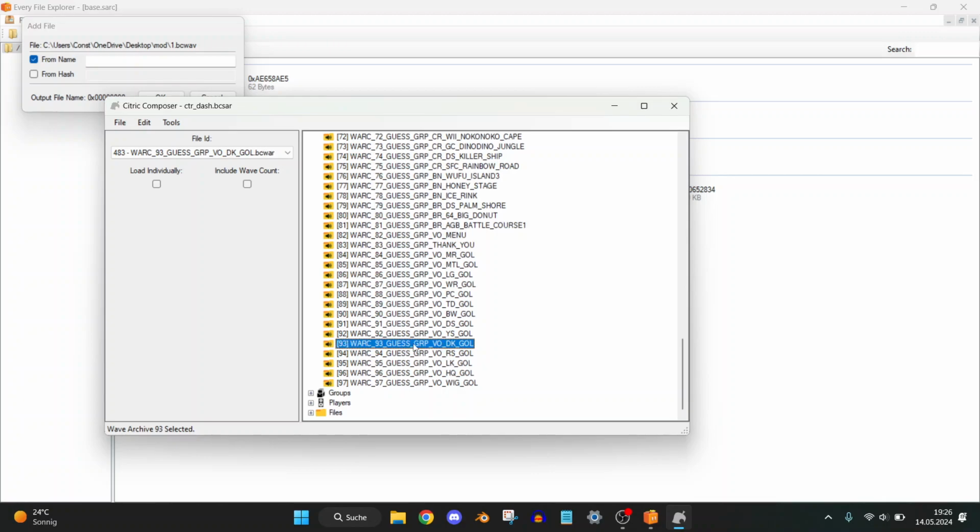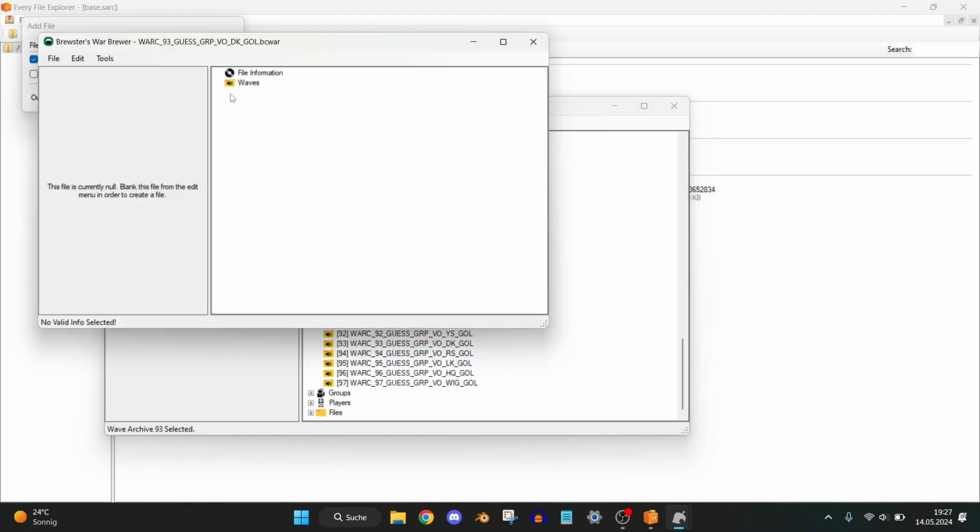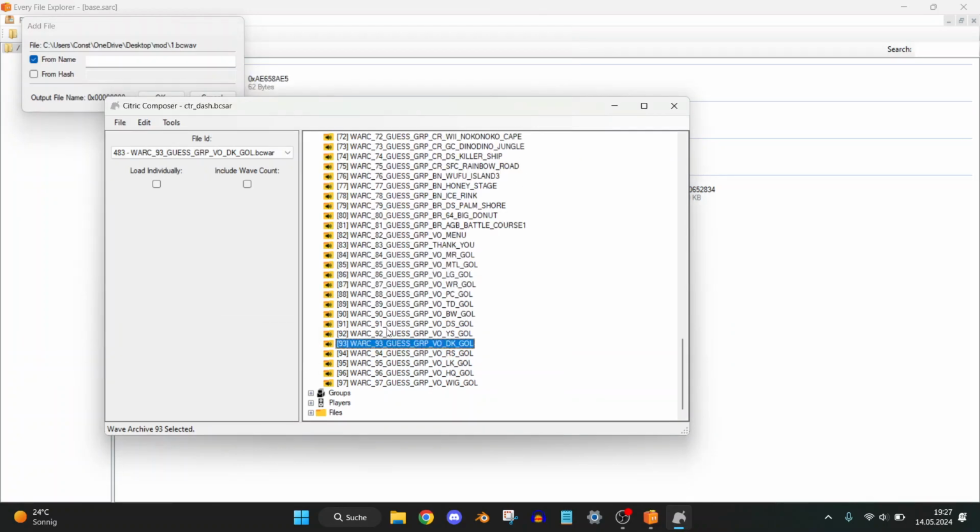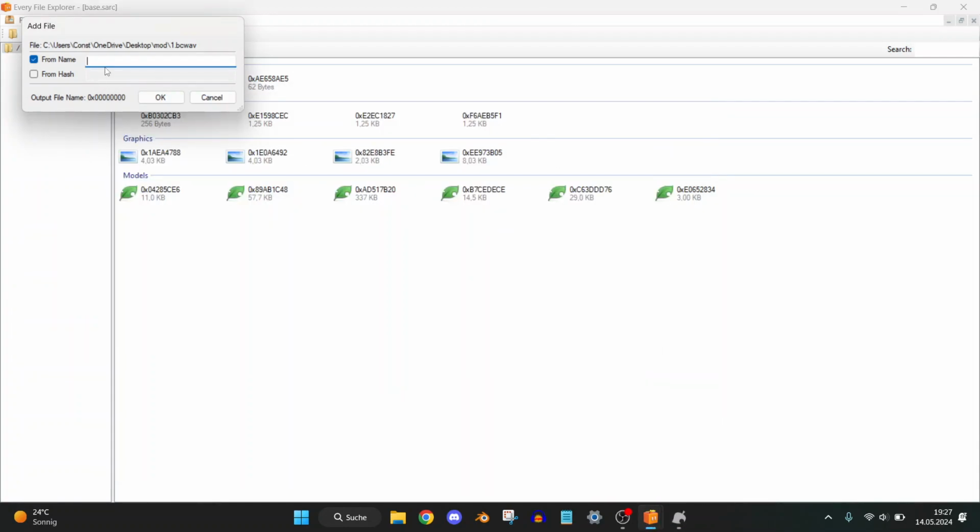That's DK. So it doesn't really make sense to open it because it's empty. But just remember this ID and paste it into this. So in my case it's 93